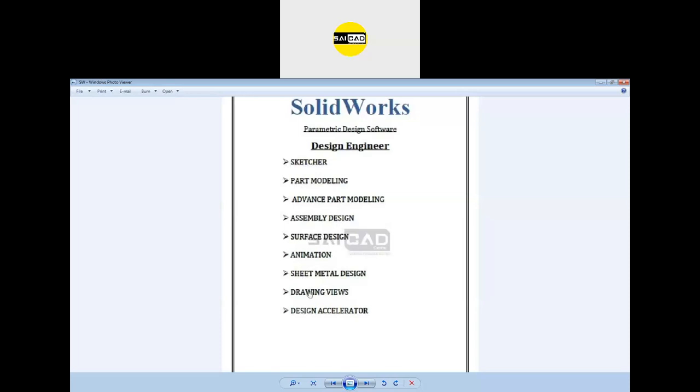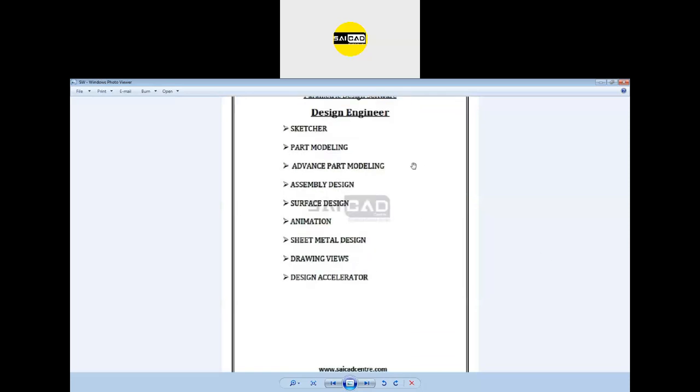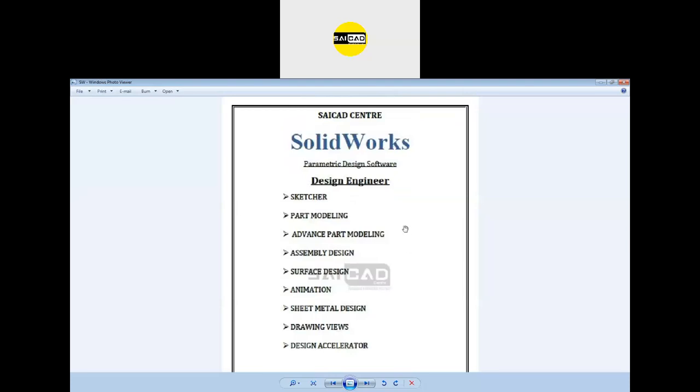Okay, and in the drafting you will see the drawing views we have covered already, but you will also see the animation for the assembly, and you will also see the design accurate. Okay, this will be the module for the SolidWorks essential training that is going to start from the 1st of December. If you want to join, you can just register. The link is given inside the groups that you have.